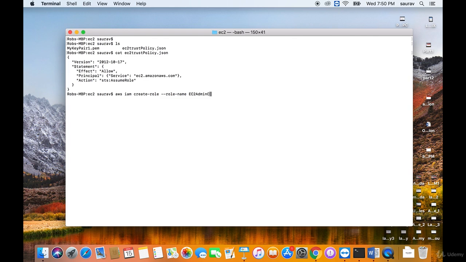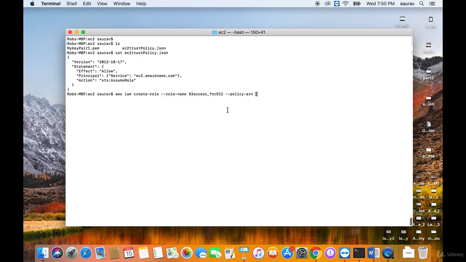Or let's say I want an S3 access. Role name will be S3 access for EC2. So I want to give S3 access to my EC2 instance that I will be creating with this role. So role name is this, and the policy-arn is going to be